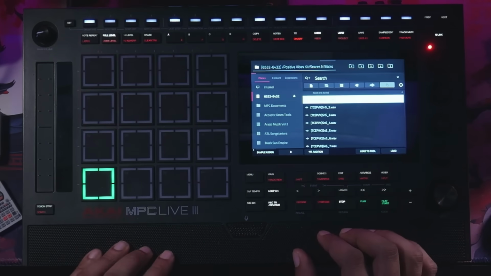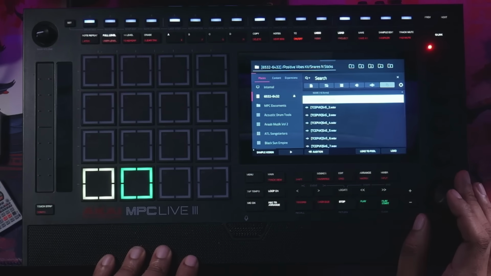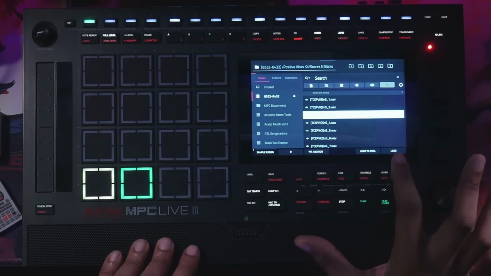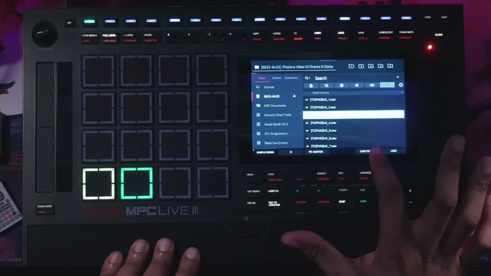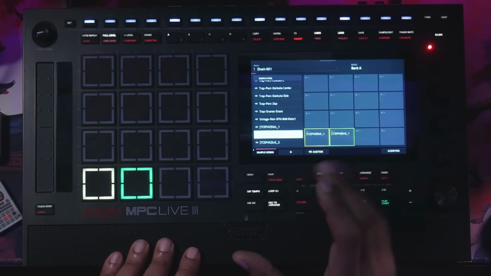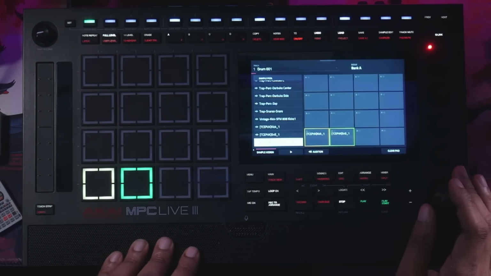I'll go ahead and go to this pad, touch the pad, and then hit load. Alternatively, if you hear some snares that you like, but you don't want to put them in a pad, let's go ahead and do load to pull, and then it'll be in your sample assign. This is where you can get access to your sample pool. So if I like this right here,